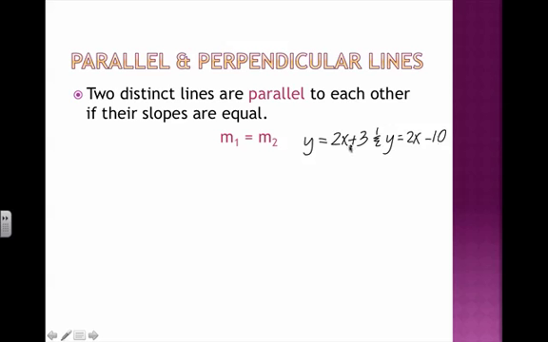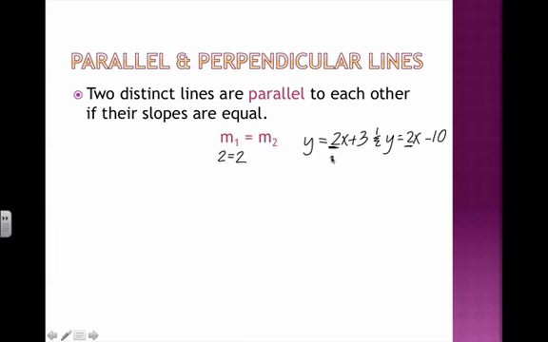We don't care about the y-intercept. All we need to know is, are their slopes the same? In here we can see that their slopes are both equal to 2. And since 2 equals 2, our slope from our first line equals our slope to the second line, these two lines are parallel